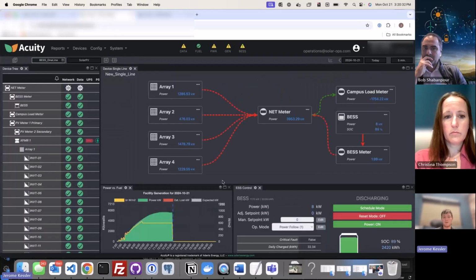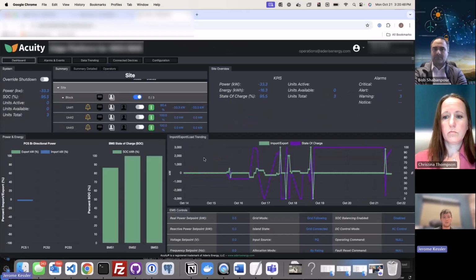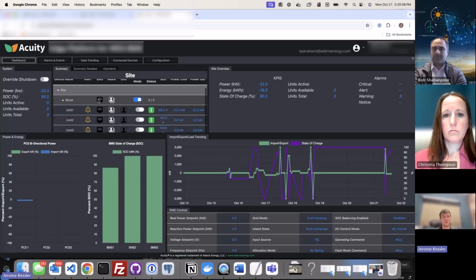We also allow EMS and PV. So we could do PV monitoring as well as EMS monitoring. So we can fit many needs of the customer. So this is an example of that. We also allow utility scale EMS systems. So let's say you have multiple batteries and you need to monitor them. And this is a good example of that.